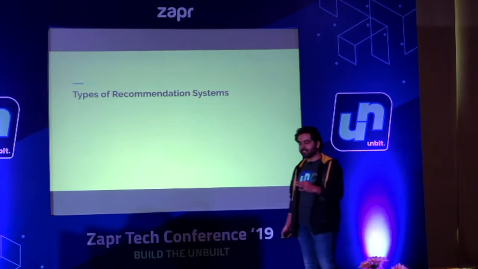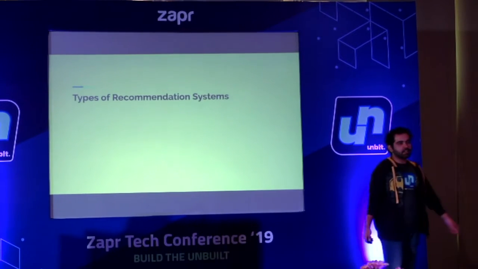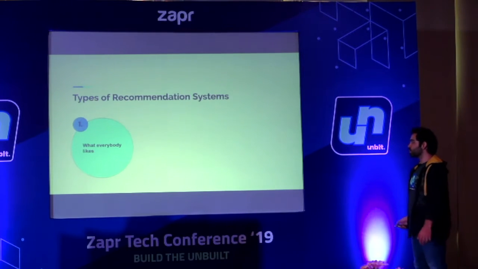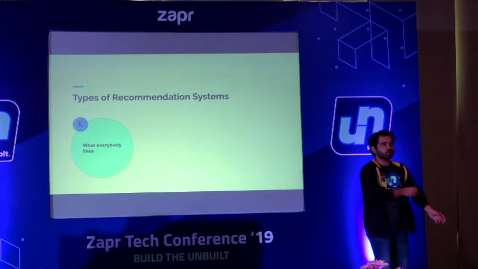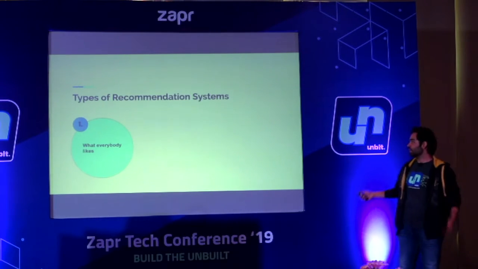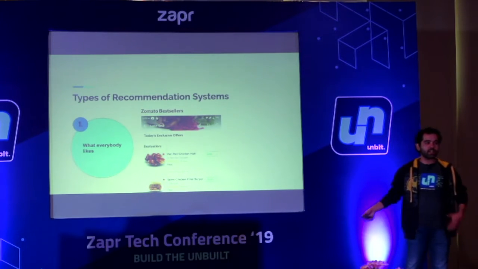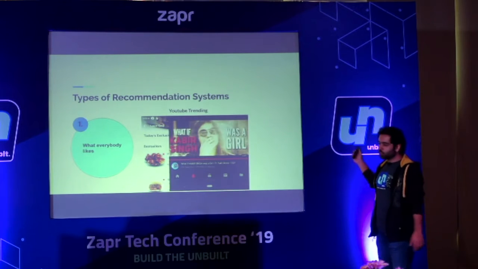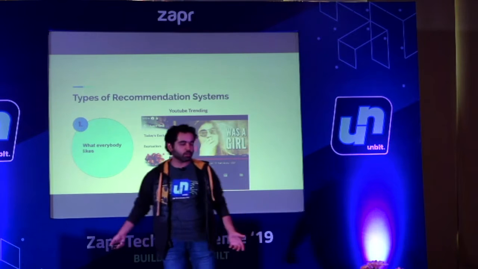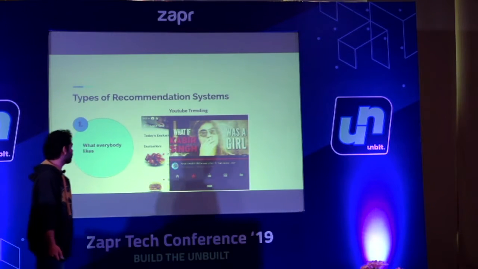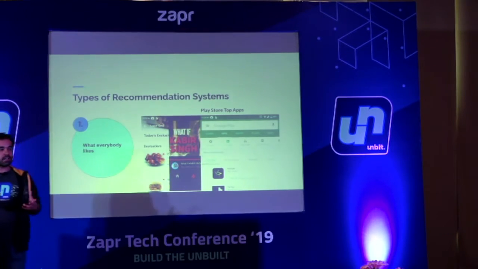Cool. The next thing is types of recommender systems. The first is very simple. It is what everybody likes, basically. So when I open Zomato, there is this bestsellers list that is available. Why is it bestseller? Because almost everyone's ordering that and liking that, right? On YouTube, Kabir Singh and its spoofs are right now getting into trending lists because it is popular right now. Play Store top apps is a similar scenario, right? So all these are cases of